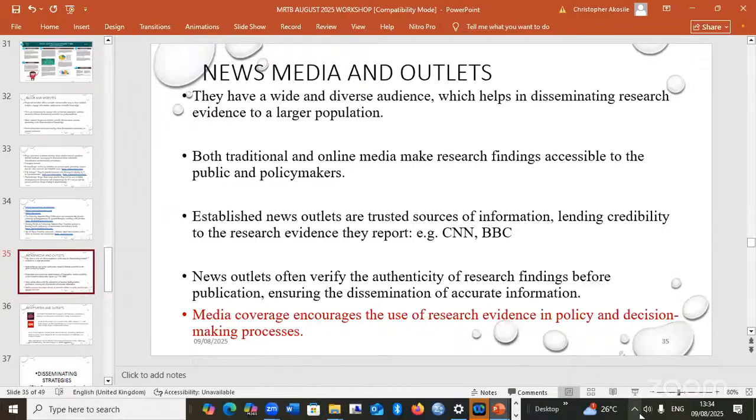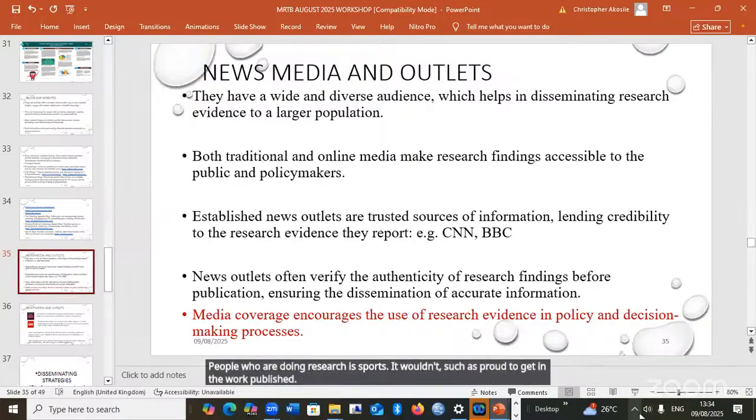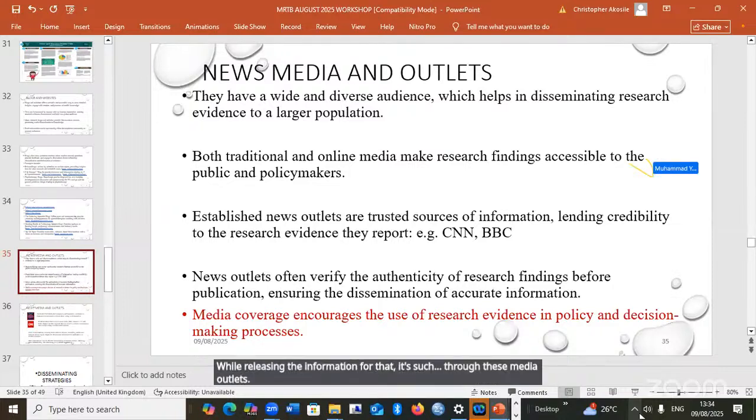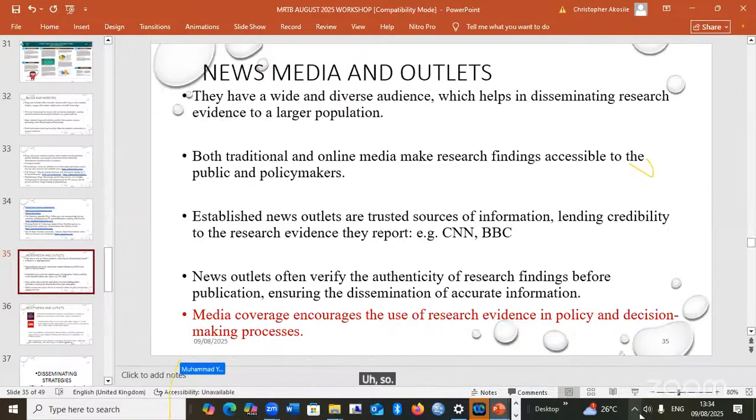Even the researchers, proud of getting their work published, were releasing the information from their research through these media outlets. And so they have become an important source of sharing even research information.